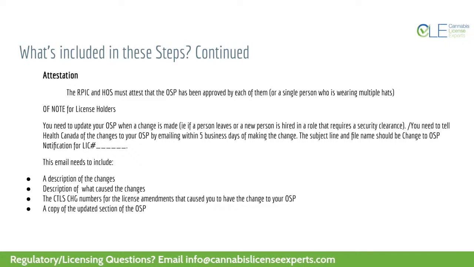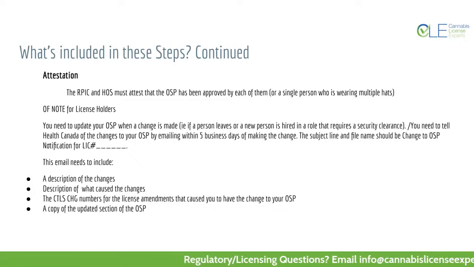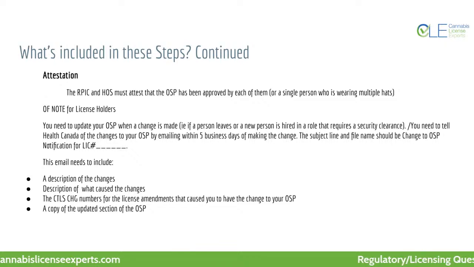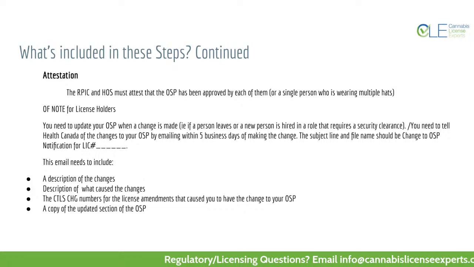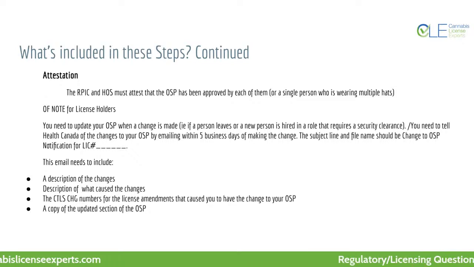You are going to be required, for each person identified as requiring a personal security clearance within that application, be it a director, an officer, an RPIC, a head of security, a master grower, a QAP, an investor who has a controlling interest, everyone is going to be required to provide the same information. And that does include spouses or people that you live with at your current address, people you have separated from in the last 5 years, 5 years of addresses, your employment history, educational history, unemployment history,